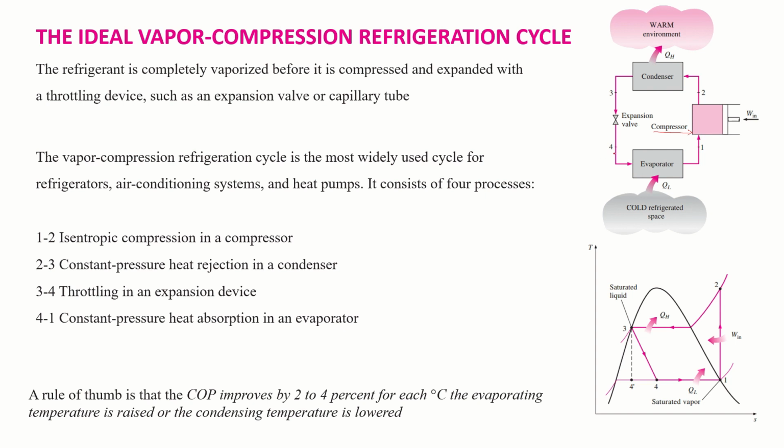So then this mixture is passed through an evaporator which is inside of a refrigerator or air conditioner. So when the refrigerant is evaporated, that means it is converted into vapors. It absorbs heat from the internal space. It absorbs heat and completely converts into vapor form.